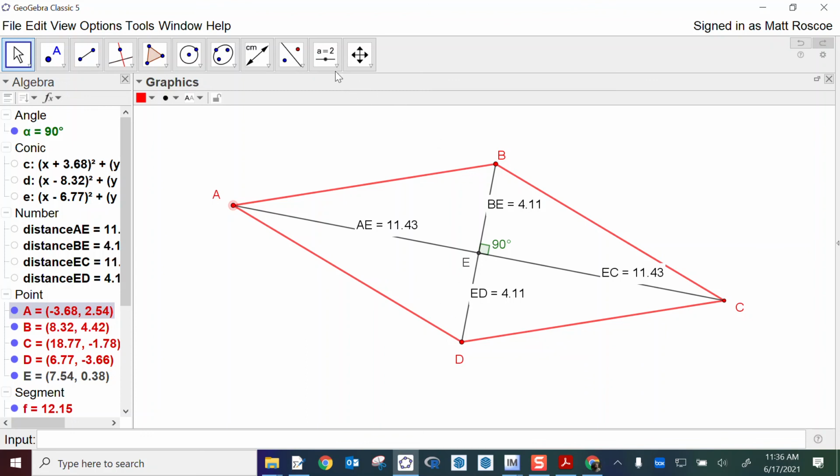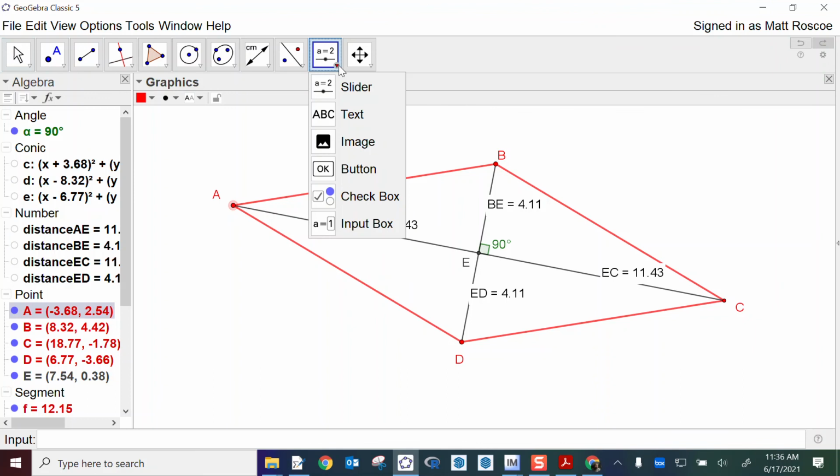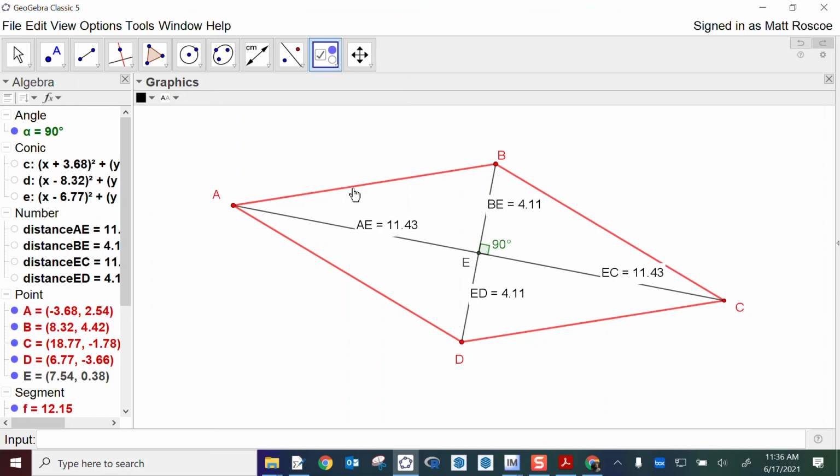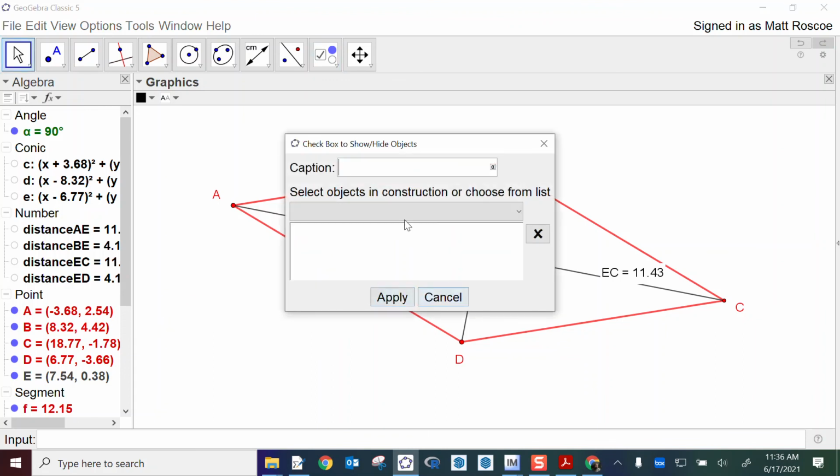The checkbox is going to show and hide the diagonals. So that's what I'm going to do. I'm going to put a checkbox. If you hover over any one of these tools, it'll tell you how to use it. It says select a position. So I'll select a position here. And then it says caption. So I'll say